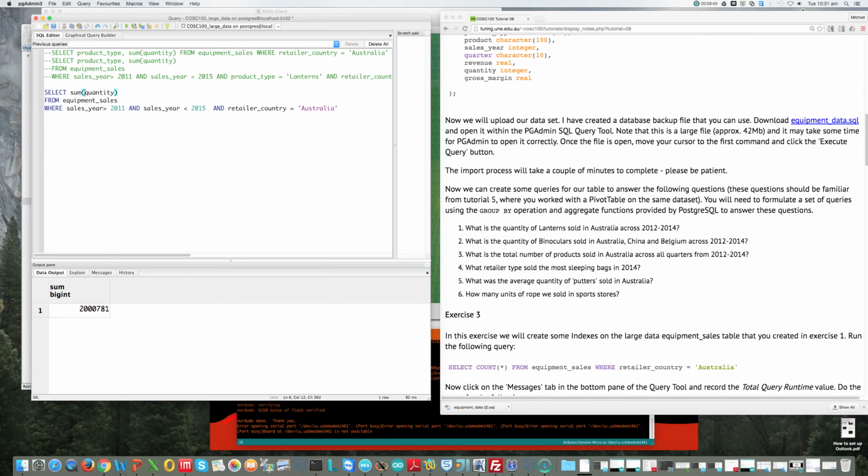So query number 4 asks what retailer sold the most sleeping bags in 2014. So in this situation, we're going back through here. We need to modify some of our items. First of all, we can leave our conditions in for the years, only we need to modify them slightly. We only want results from 2014, so we'll drop in sales year equals 2014. We want to grab the sum of quantity, and we want the product type